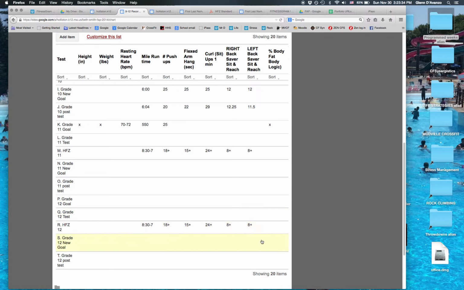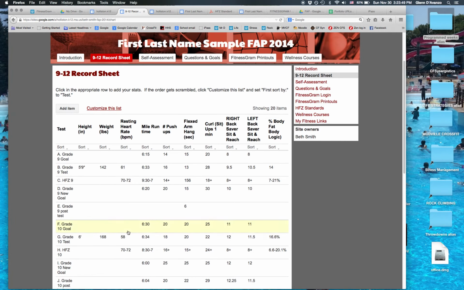That comes towards the end of the term, and then in the last column in each grade is our post-test. We would enter our scores there again by clicking on that column, which would allow us to add item that you see up there. So that is the record sheet. Then we go to the self-assessment,